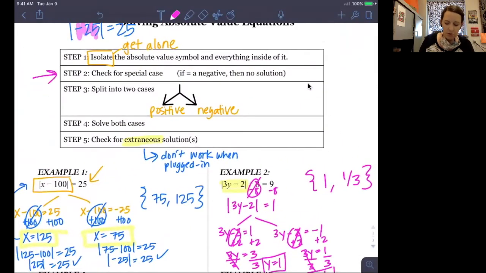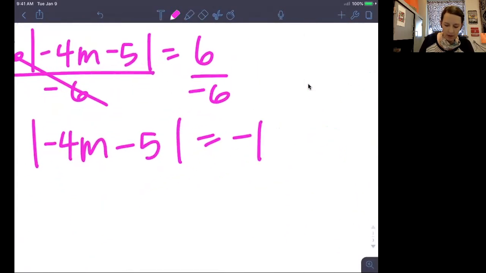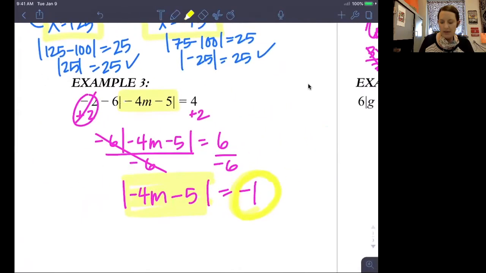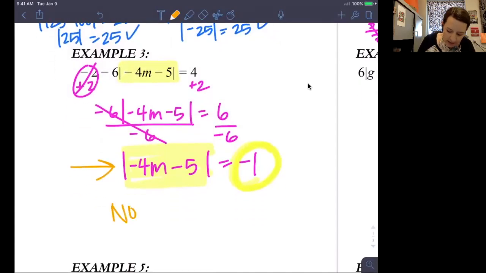We're going to do step 2. We're going to check to see if it equals a negative. Okay, when we come down here, remember, absolute value has to be isolated first, and it is. Now I see a negative number. Okay, we did not have a negative at the beginning. That does not matter. You can even start with a negative at the beginning. The only time you do step 2, the only point in the equation where it matters is when you have your absolute value isolated. So here, I cannot plug in any value to absolute value and come up with an answer that's negative. So at this point, we get to say no solution